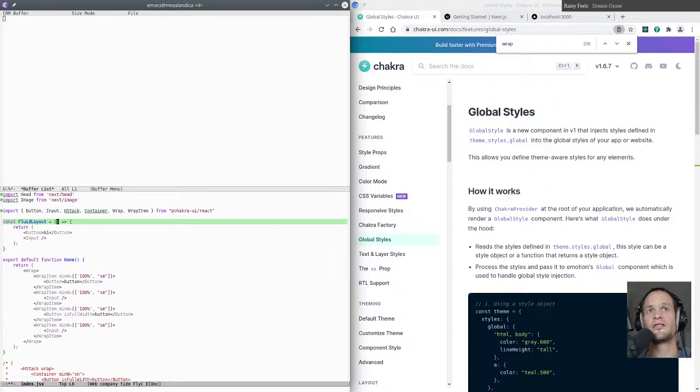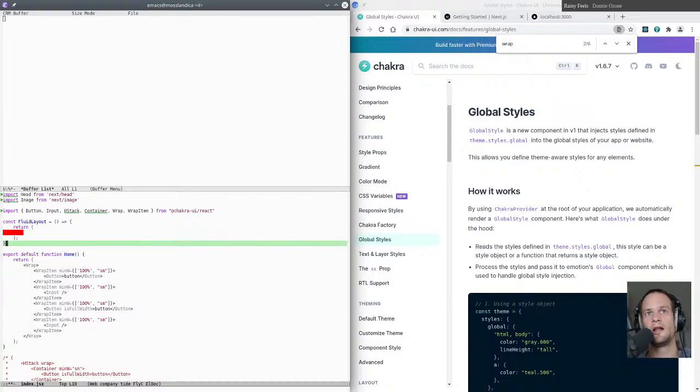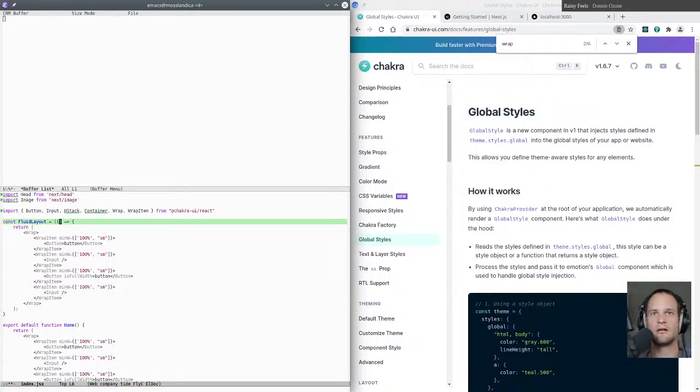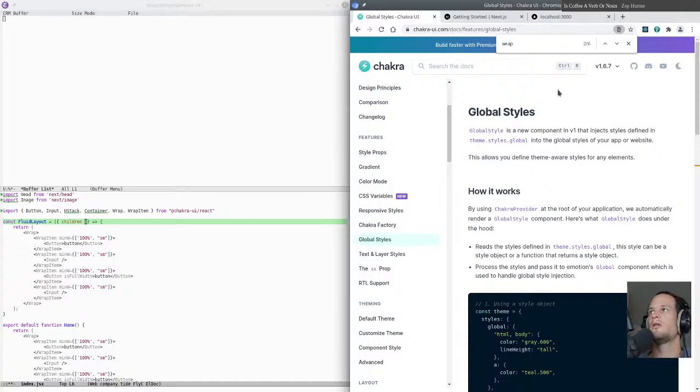So if you can't tell, this is my bottom-up style of programming. I just copy and pasted the content, and then I'm going through this body and replacing it with what we actually need to render. So the right way to do it would be to put this in here. So we have our wrap items, and we want to pass in our children. All right, so now what we need to look at is rendering out these children. I always forget, I think